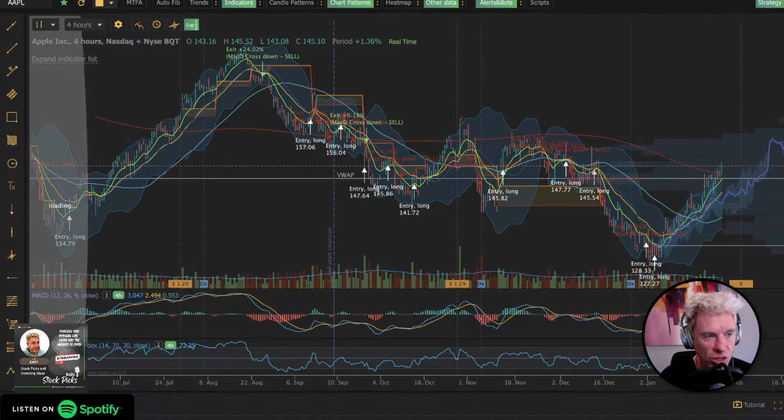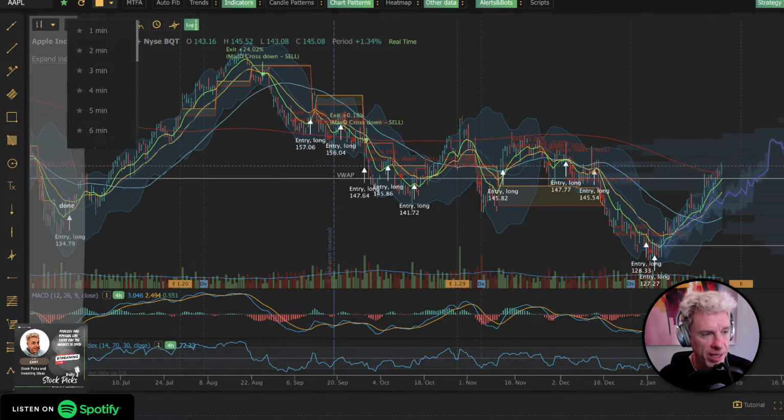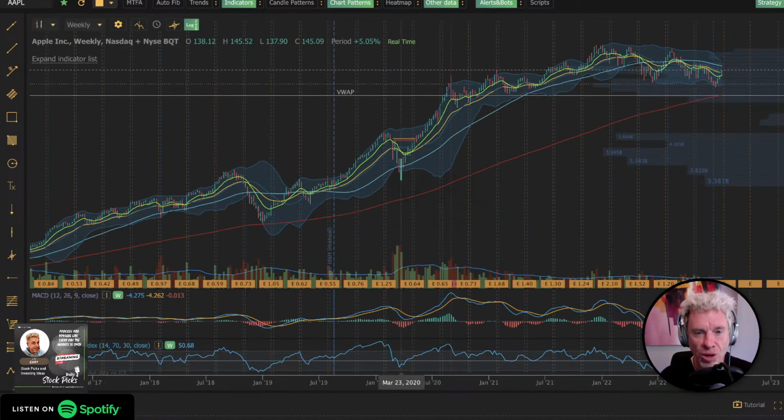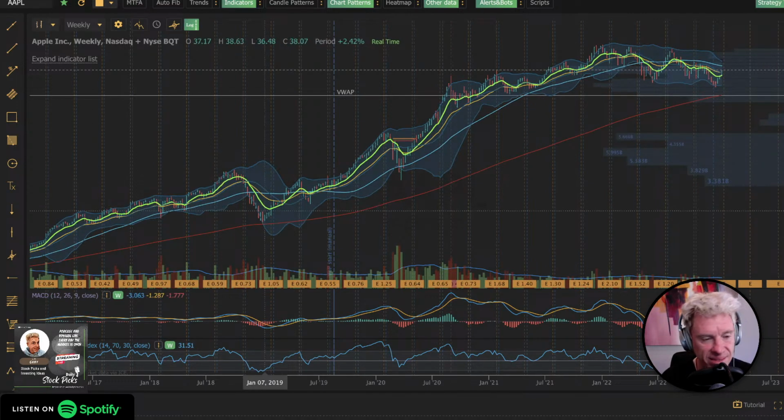If we look at the long term of Apple and we go to a weekly, you're under the 50-day. The last time you were under the 50-day was 2019, and that was at $40. You quickly moved up above the 50-day. You're quickly moving up above the 50-day. The 50-day is at about 151.